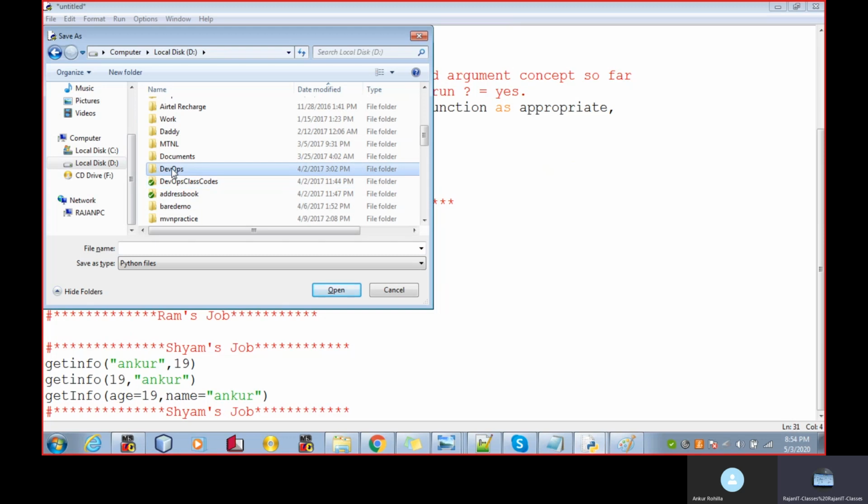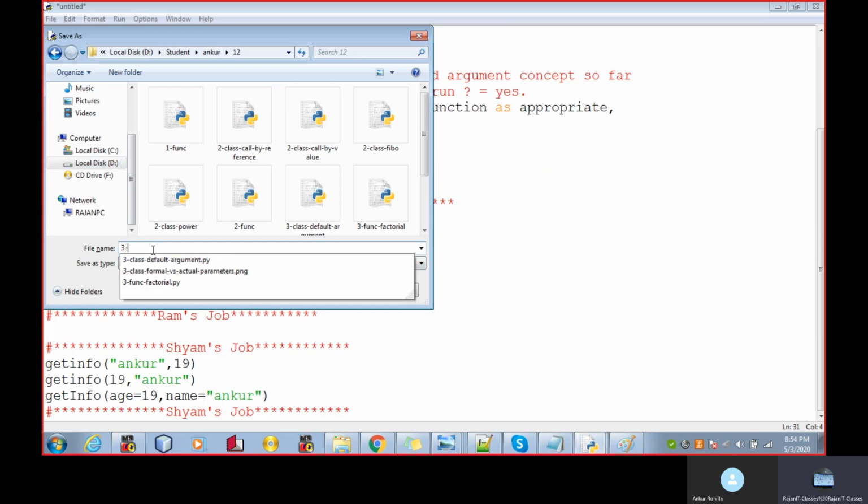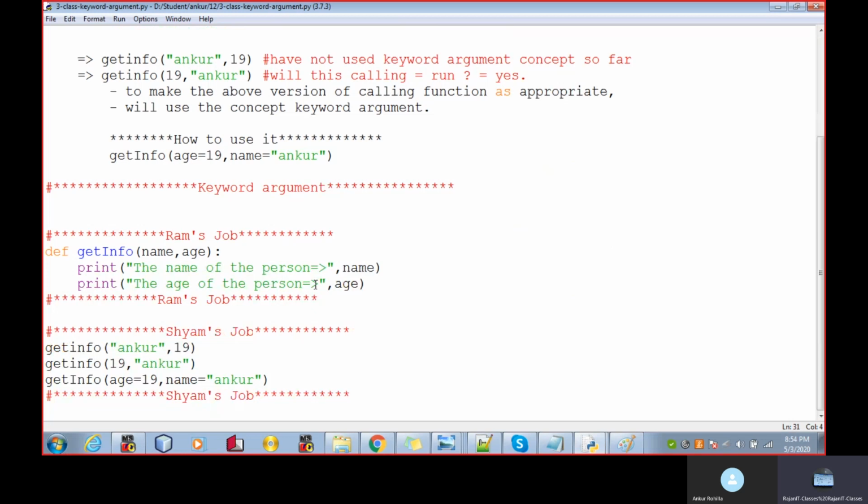Save this program, student third class keyword argument. Okay, so this is also saved now.